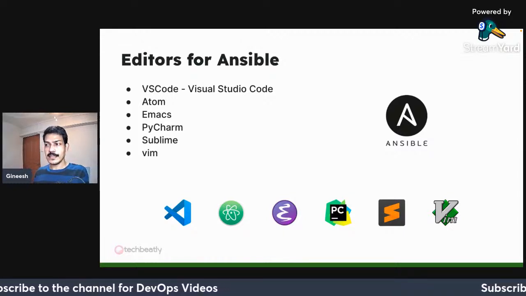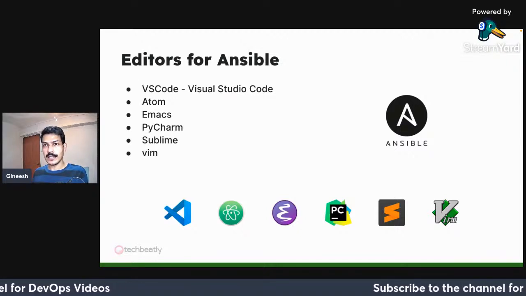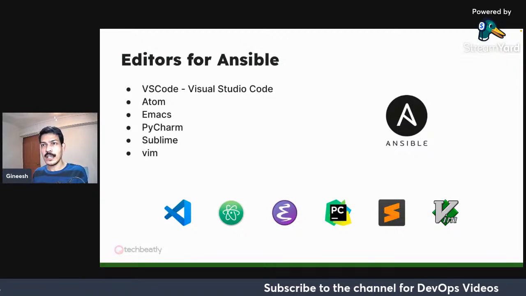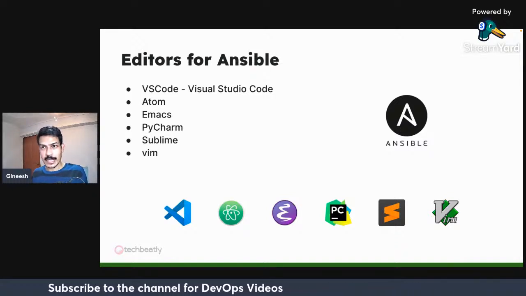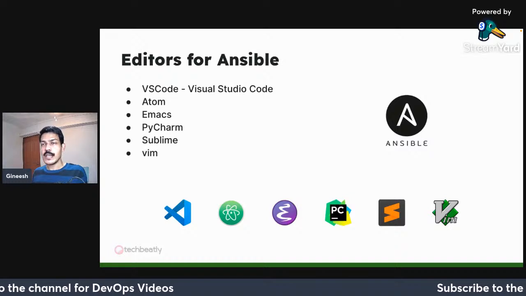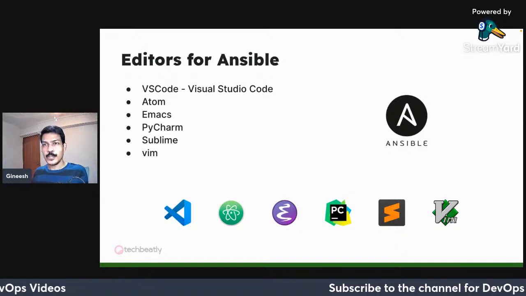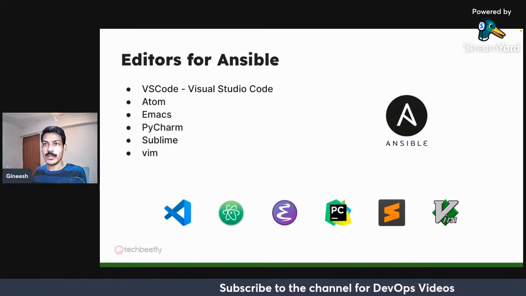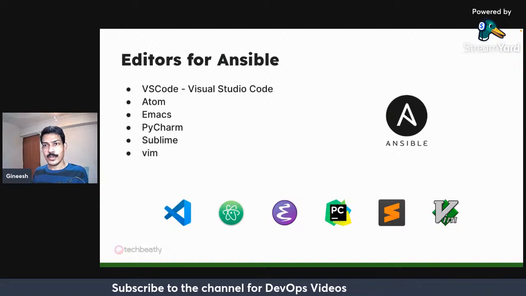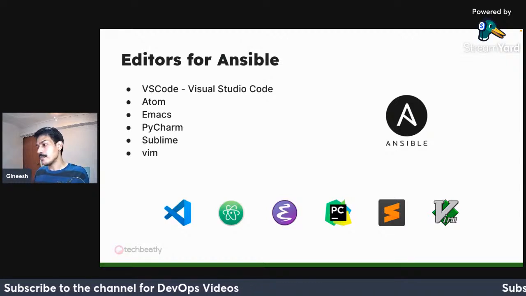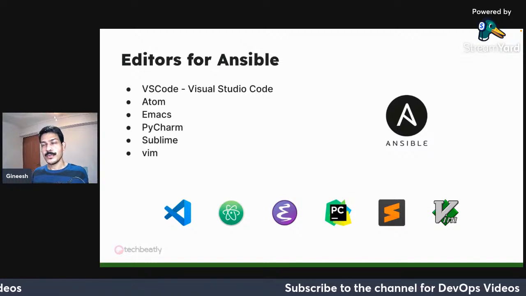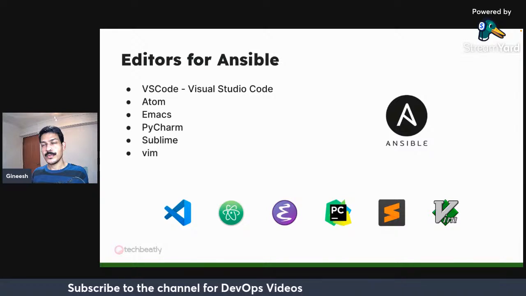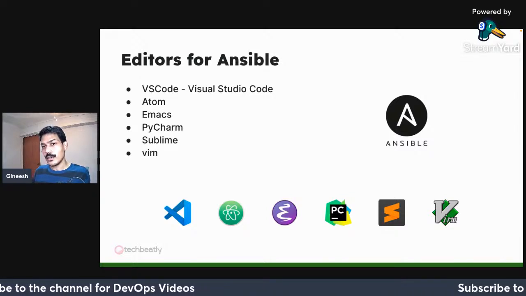So for the other GUI editors, you need a GUI or desktop interface on your machine. And we know Ansible, you can install only on Linux at the moment or Unix. You should have a GUI. So we are not talking about the Windows operating system here. For GUI, if you talk about the Ansible engine or Ansible servers, of course, you will not have this GUI option most of the time. Most of the time, you will not have an option to install this, or you are not allowed to install